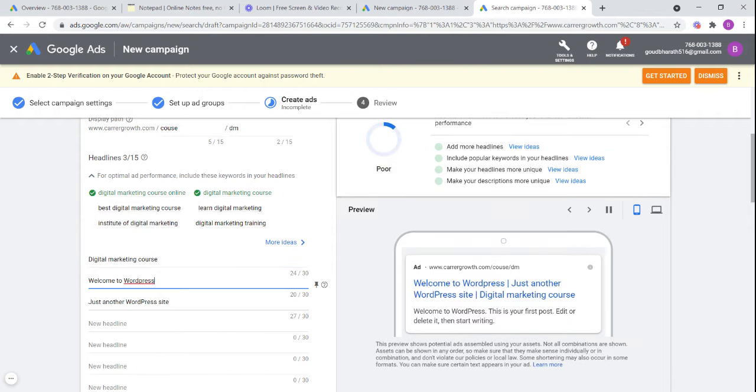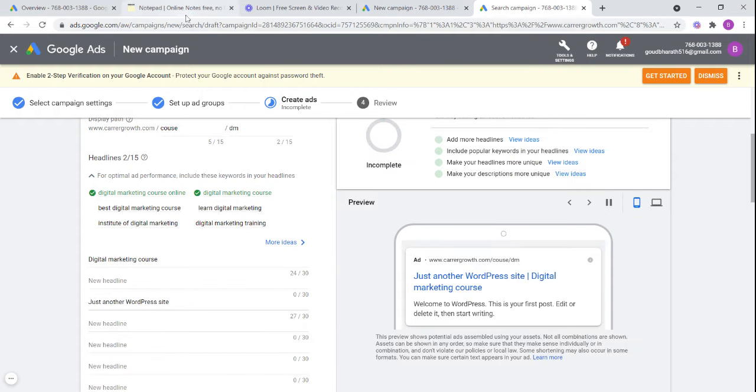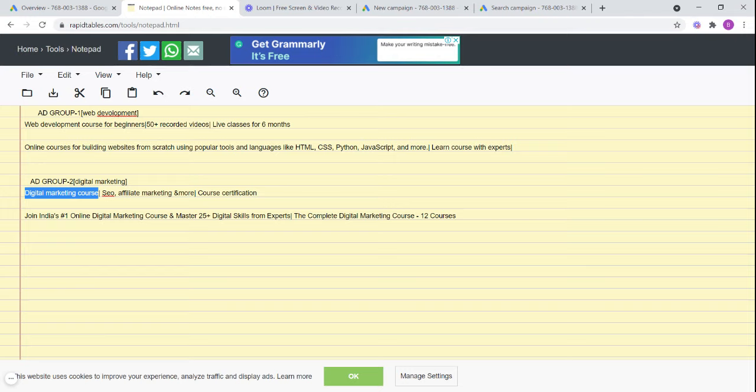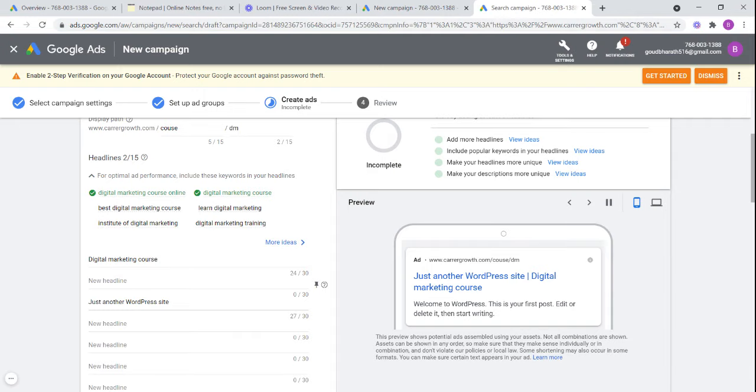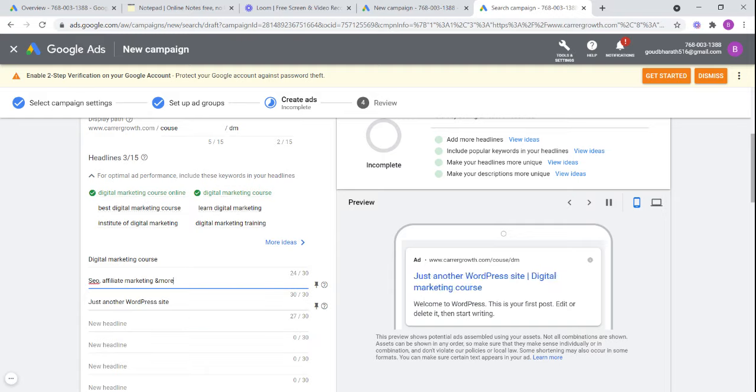So we have to fill three headlines. Notepad, SEO, affiliate marketing, and more. Copy, paste it over here. Yeah, you can type anything as you wish, but it should look more relevant, like what you are targeting.